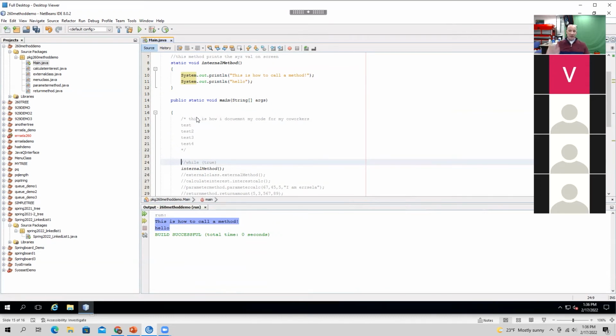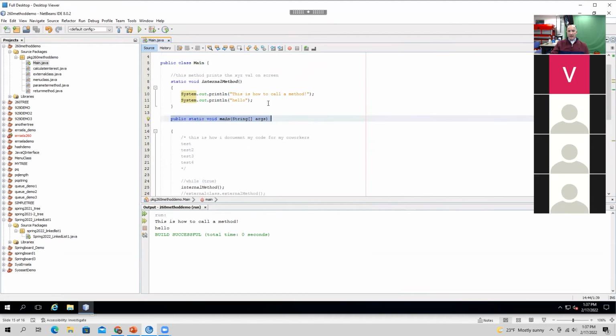They want to see that you know that now, and you can show that now, and you can demo that now. If you show sample code to them, make sure you have it documented so they can say, oh, look, this student, this candidate knows how to document their code so that we will benefit more from it as an organization. Okay. So this first thing is basically saying that the main method is calling the internal method and telling it to run.